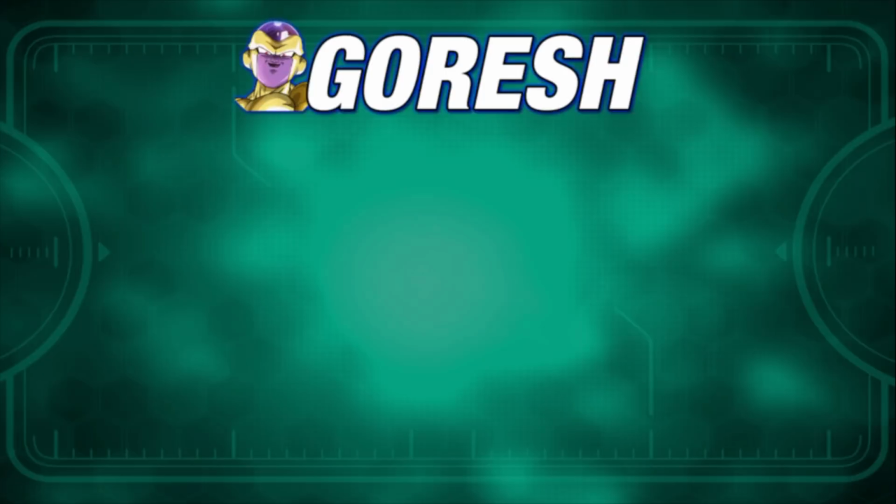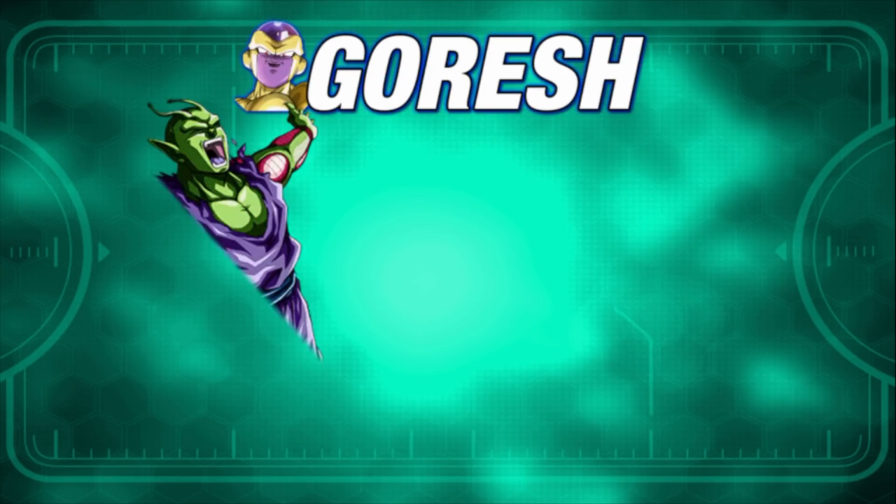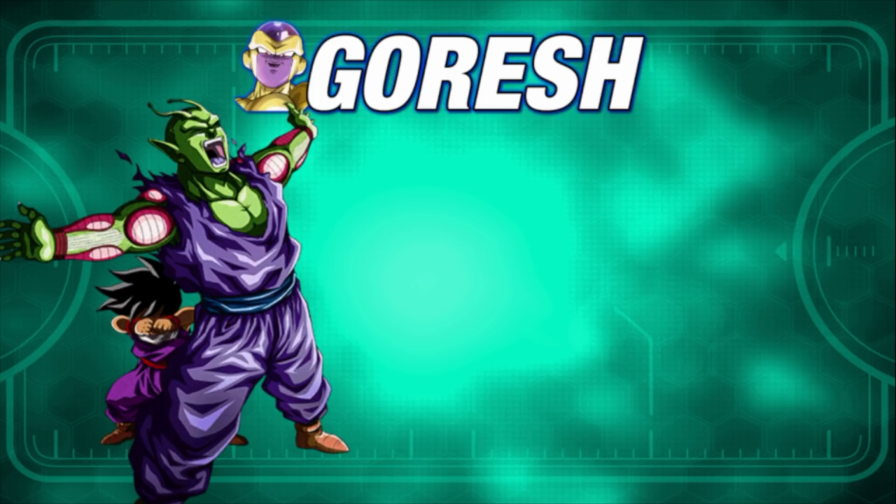Okay, so for the Easy A's for Goresh's celebration, he has picked the LR Piccolo, which definitely is an interesting choice. I mean, the iconic art from that fight against Nappa and Vegeta, his Easy A definitely fits into this celebration. Hopefully they will add some sort of way for people to get a guaranteed copy or two